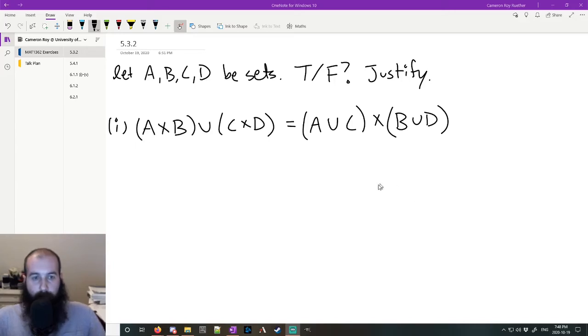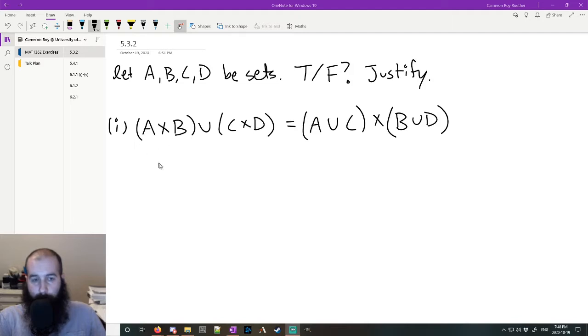Welcome to the exercises for DGD 6, which will cover a variety of topics from Cartesian products to functions to equivalence relations and a bit on the division algorithm. So starting with 5.3.2, which is on Cartesian products, we're asked if for any four sets, is it true or